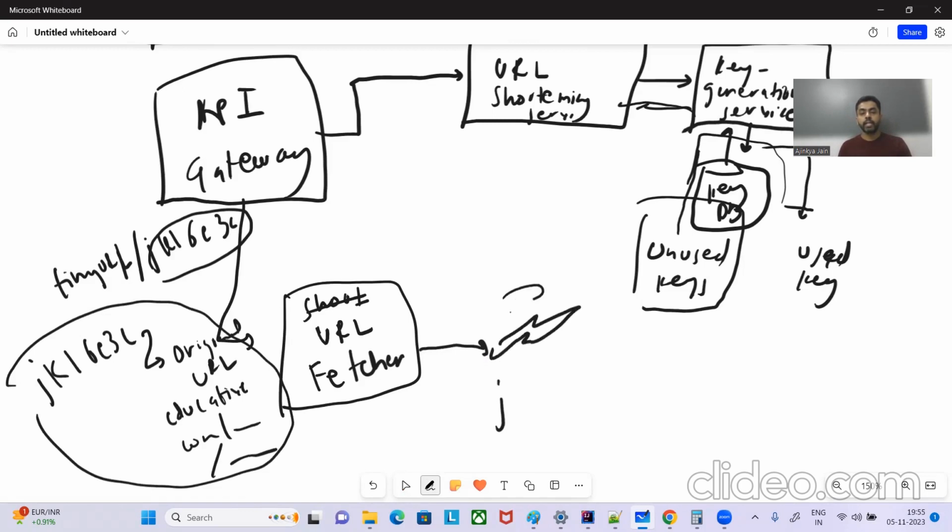will first check in the cache whether we have this key or not. If it is present, we'll return this long URL to the user directly from the cache itself. As we found it in the cache, it will be very fast. If it is not found, what are we going to do? We are going to fetch it from our DB, from the DB which we had seen earlier, our NoSQL DB,